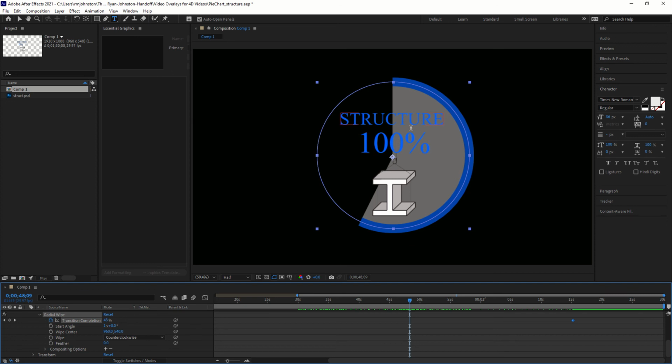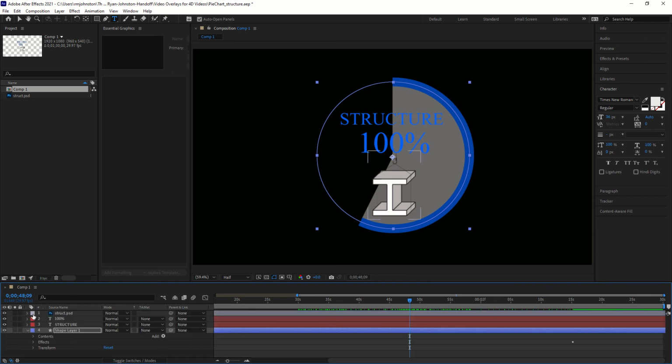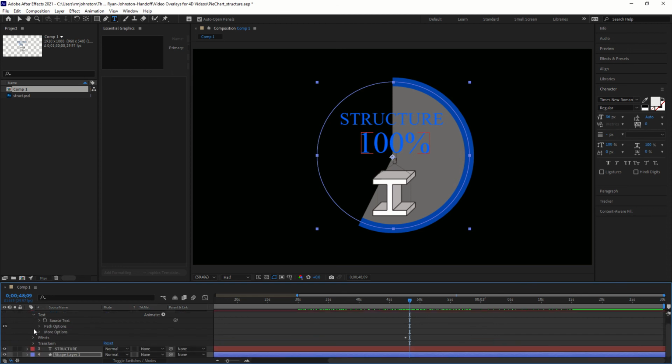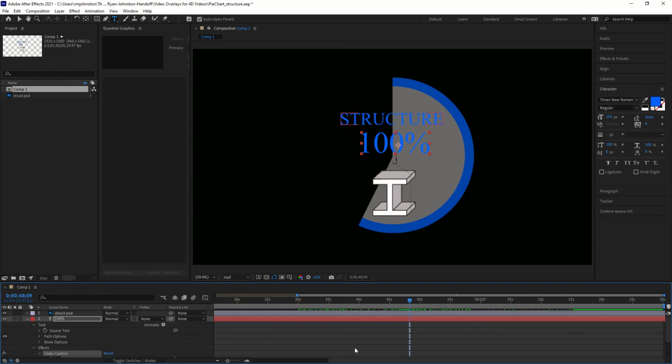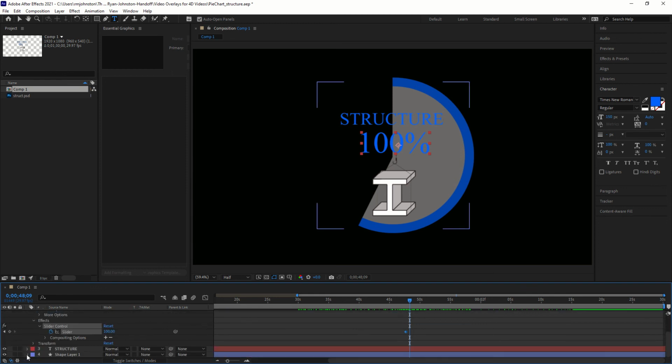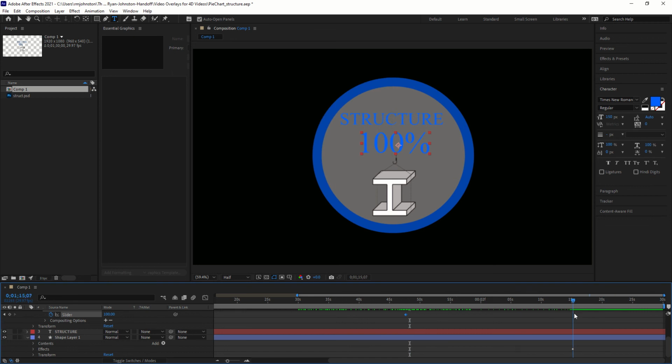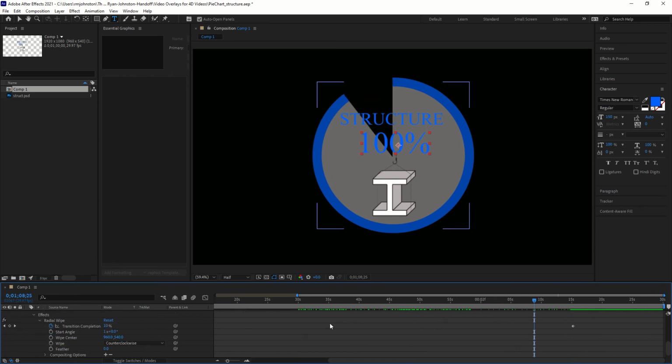So now the radial wipe is fixed on that. I gotta go back and hide all these, collapse all of these. Go to the 100% tab. Here, text, effects, slider control, slider. Alright, so there's actually a couple ways you could do this. The easiest way that I found is just go here, open up your effects again, radial wipe for the other one,